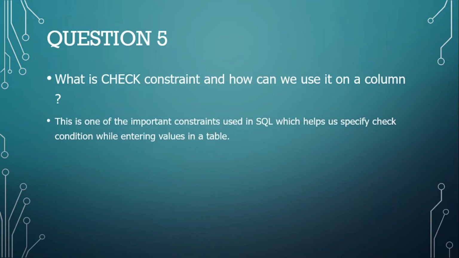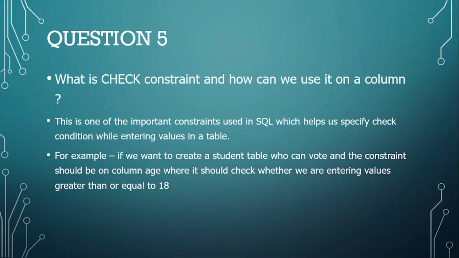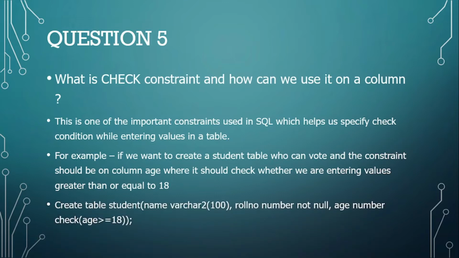So this is one of the most important constraints used in SQL, which helps us to specify some kind of condition while entering values into a table. For example, if you want to create a table named student who can vote, then the constraint should be on a column called age, where it should check whether we are entering values greater than or equal to 18,